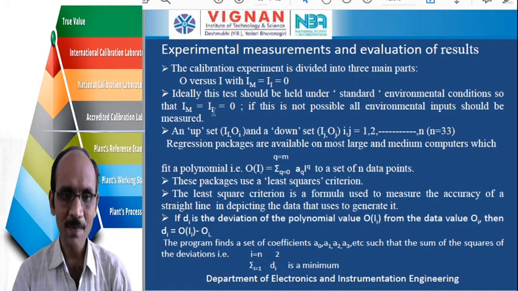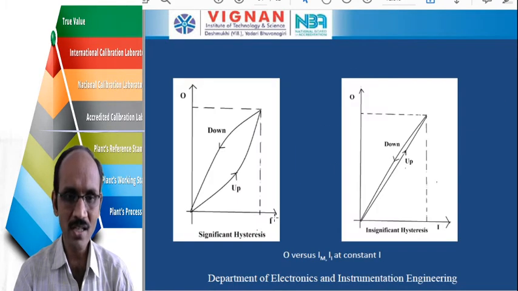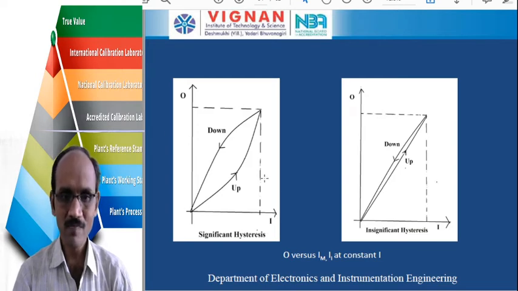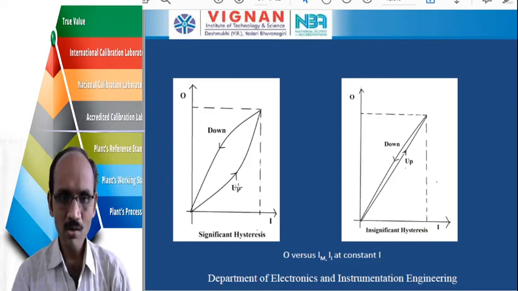So here we are taking the upset and the downset. For the two sets we are going to be indicating in the form of a graphical form. So then we will be getting the graph in this way. Okay. So this curve is called as the up curve and this curve is called as the down curve. So here we will be having a wide difference between the up curve and the down curve. That indicates the hysteresis. Okay. So in this figure, the difference between the up curve and the down curve is very less. Then it is called as an insignificant hysteresis. So the hysteresis will be very less here.